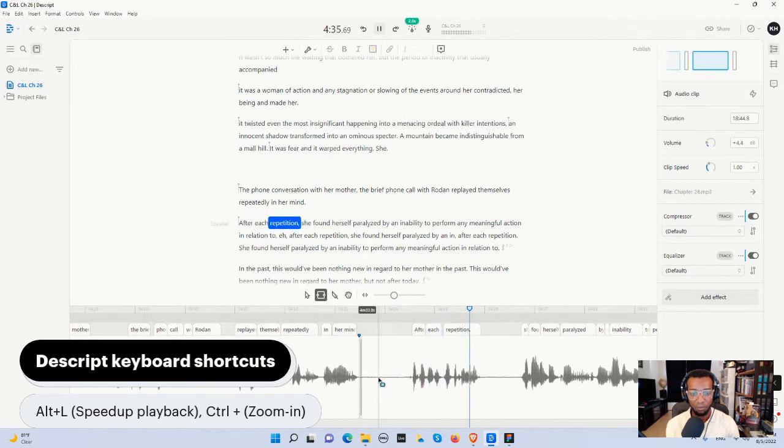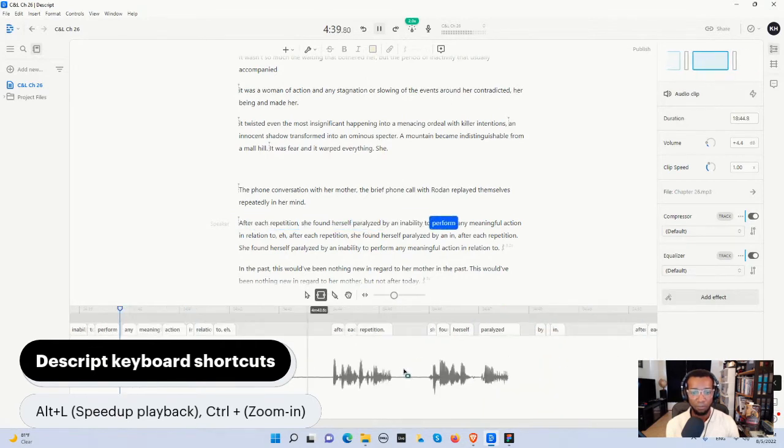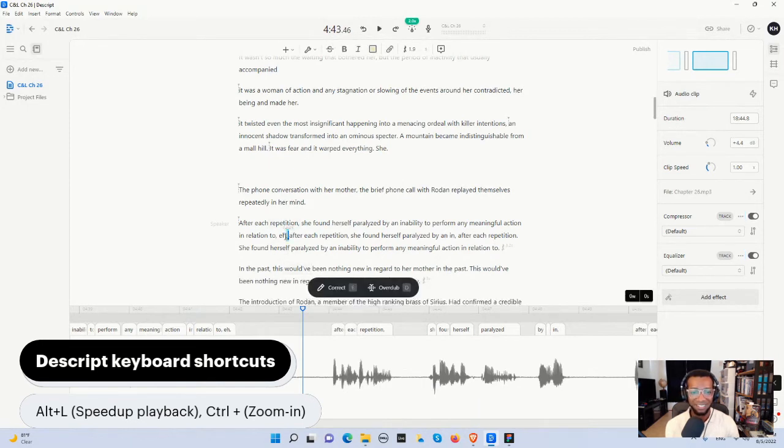After each repetition, she found herself paralyzed by an inability to perform any meaningful action in relation to it. In relation to